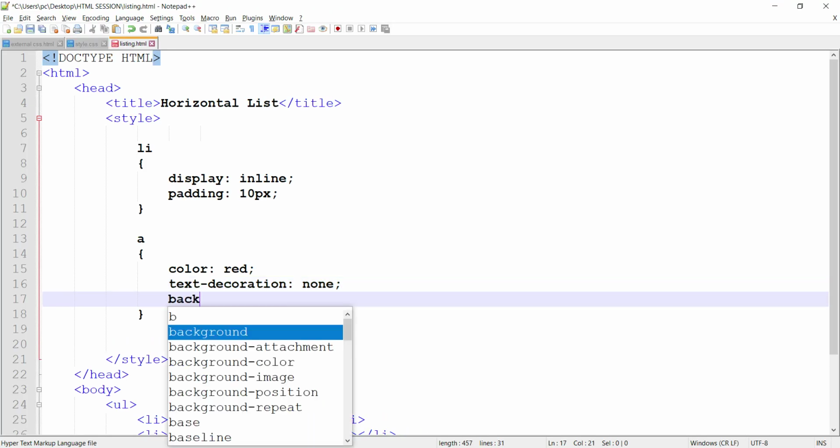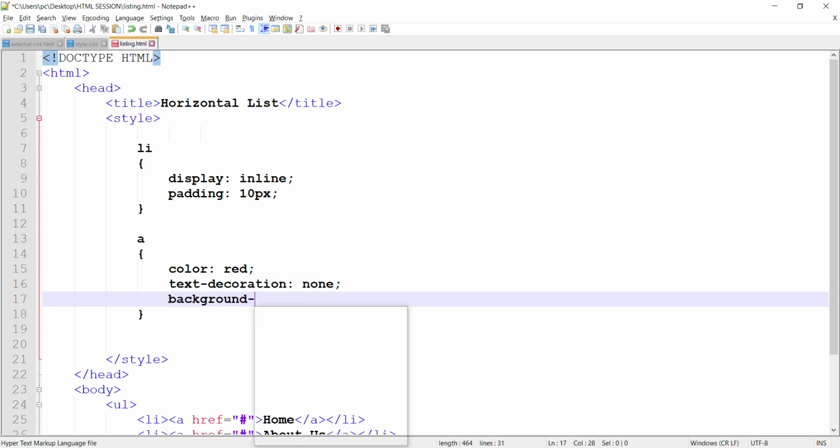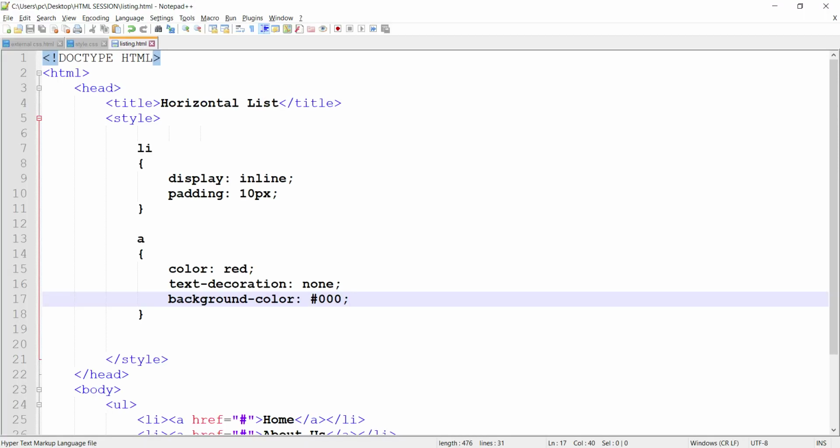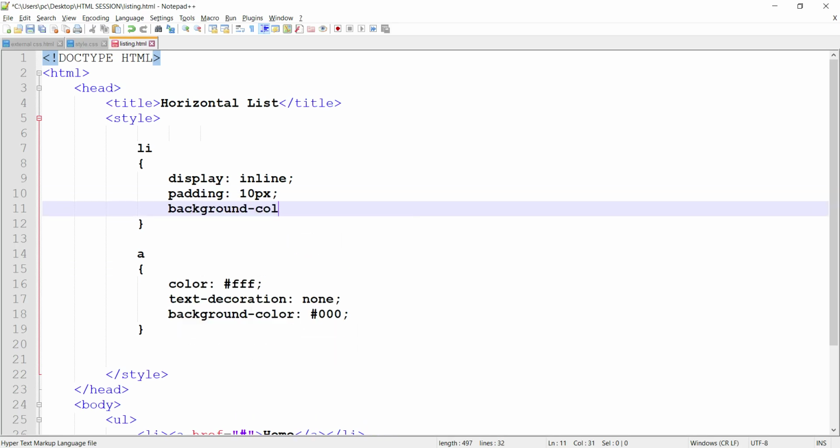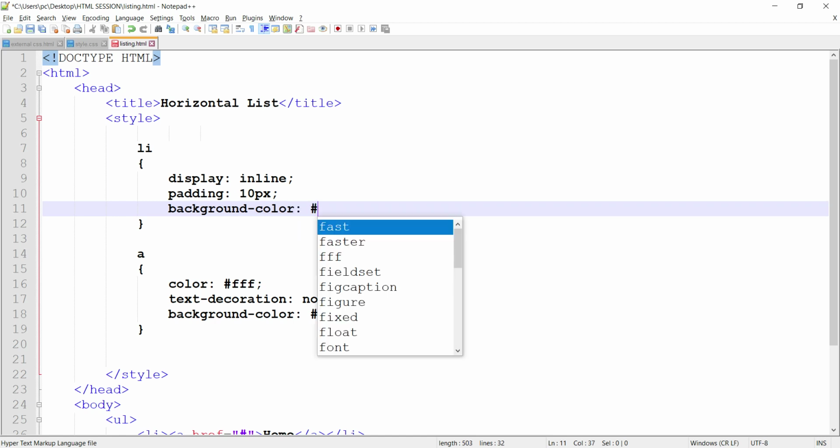Now let me give the background color here. Let me give, suppose, black. We got our text. Let me make it white, and here you have to give the color equal to fff.